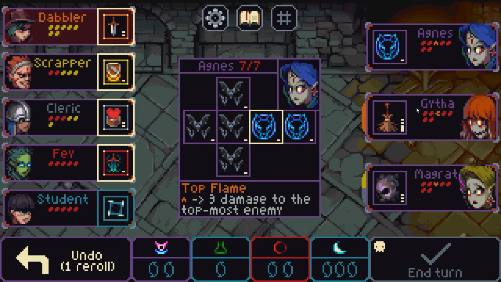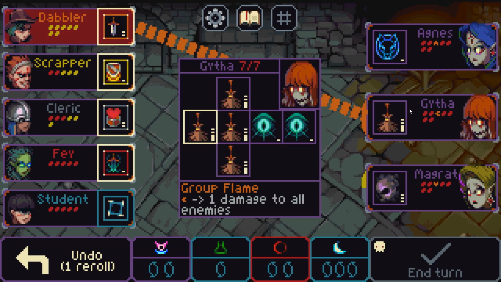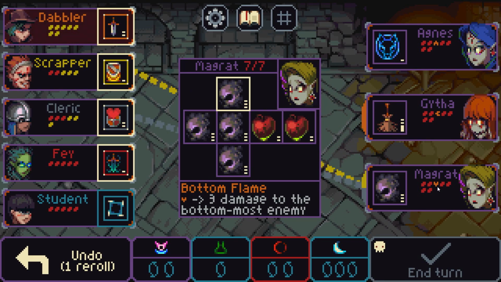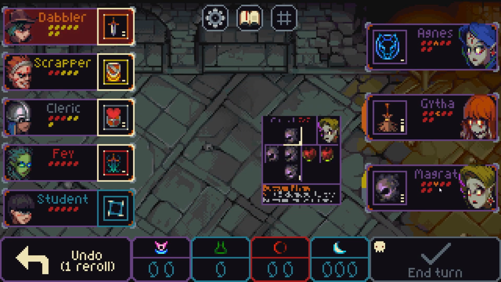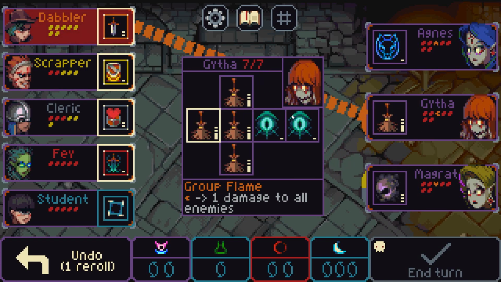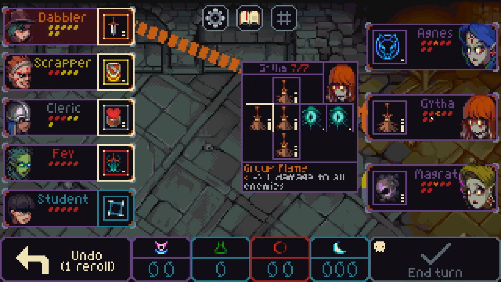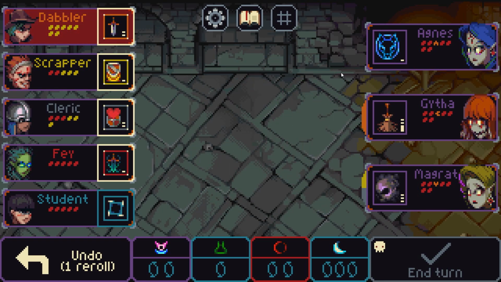3 damage to the topmost enemy. We don't want to do that one right now. 1 damage to all enemies. I don't think I want to do that one right now either. 3 damage to the bottommost enemy. I guess probably you. You also have poison, which is frustrating. Nah, the middle one is the one we got to do. We got to get rid of the middle one. Okay. All right, well, with that in mind, I think we do...